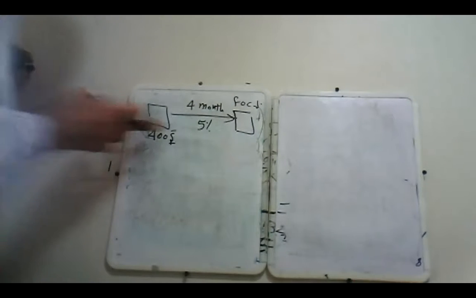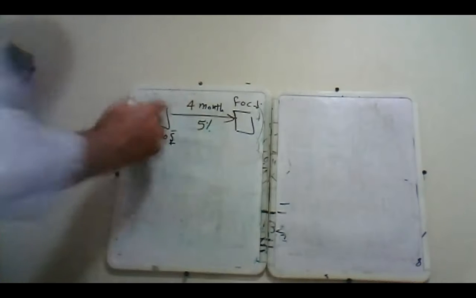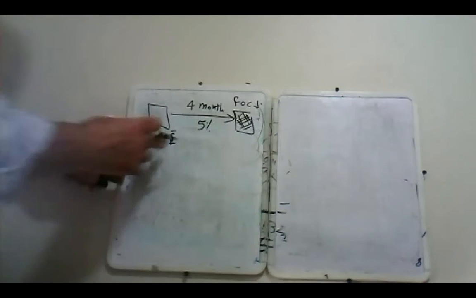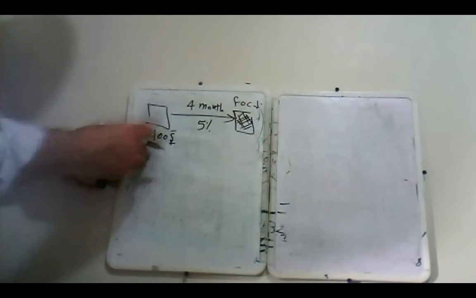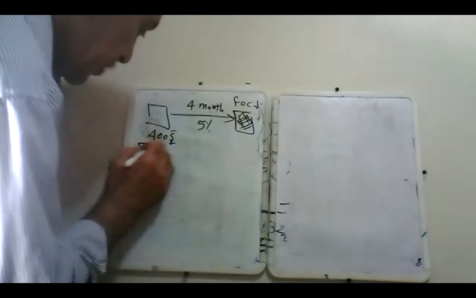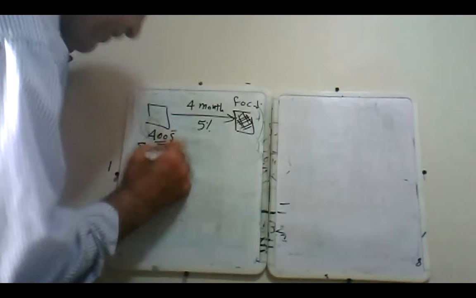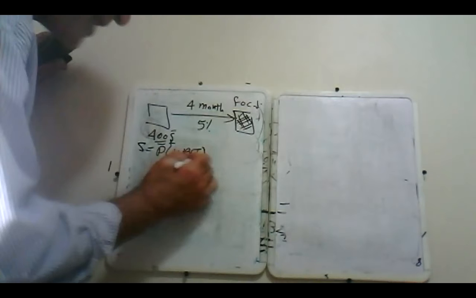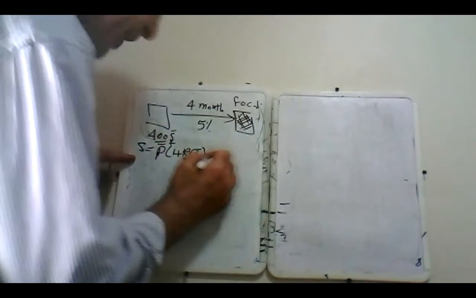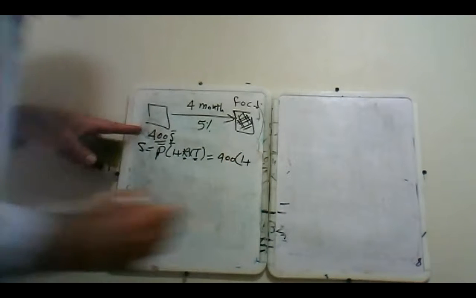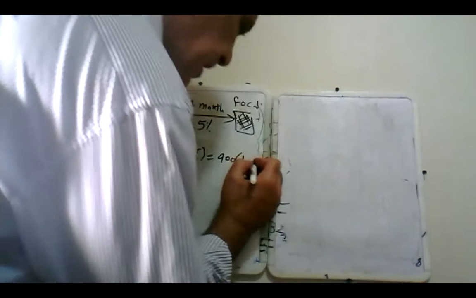So now, when I'm moving forward to the focal, and the focal date is after the maturity date, then I have to bring the sum. The sum will be the principal, which is 400, multiplied by 1 plus r times t, where r is the rate and t is the time. So it equals $400 multiplied by 1 plus the rate, 5%, 0.05,